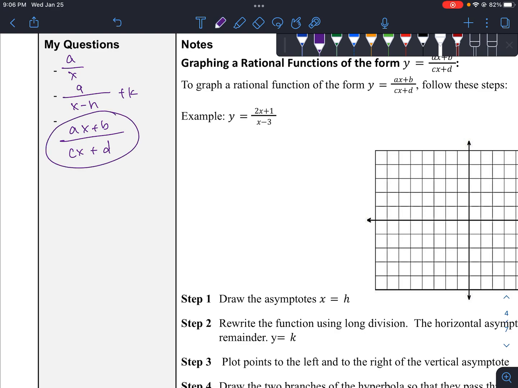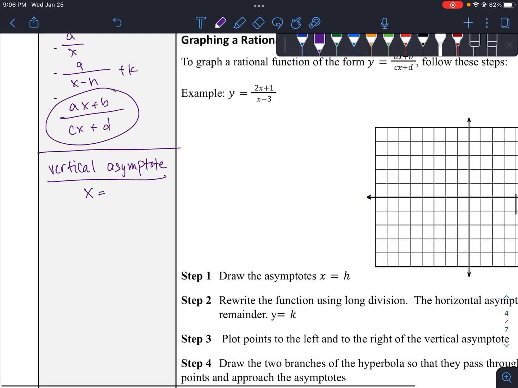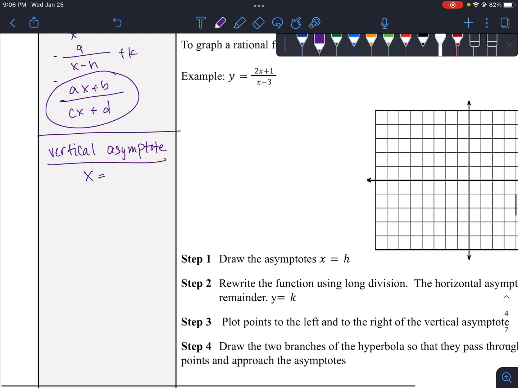So when it's in this form, you need to find the vertical asymptote. Okay, so vertical asymptote. So you can find the vertical asymptote always for any type of rational function by, well, vertical asymptotes are always x equals 0 or x equals some number, so keep that in mind. But you should set the denominator equal to 0